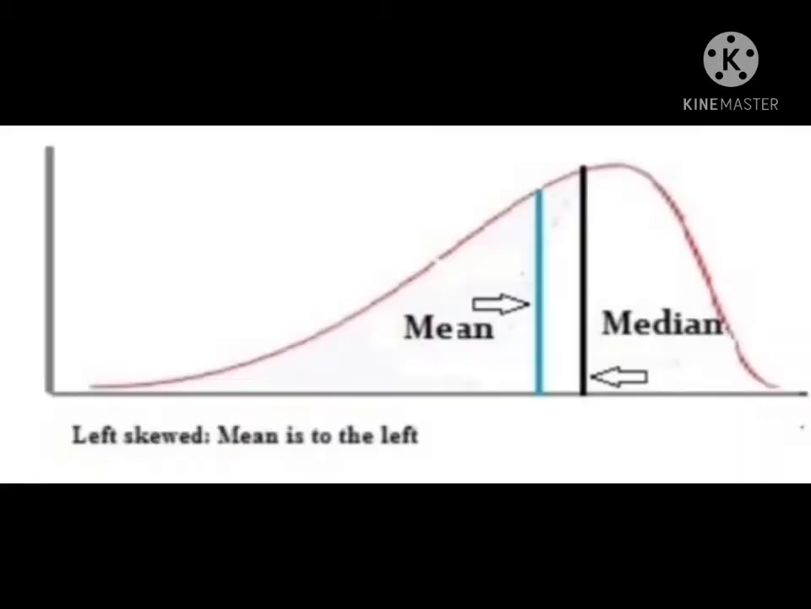And the last is the negatively skewed. A negatively skewed distribution is a type of distribution in which more values are concentrated on the right side of the distribution graph. For example,